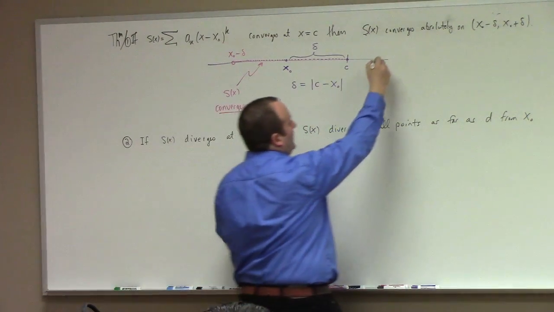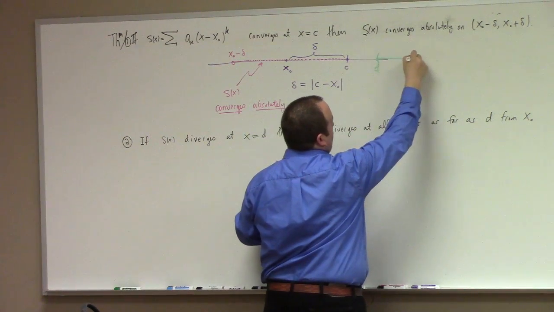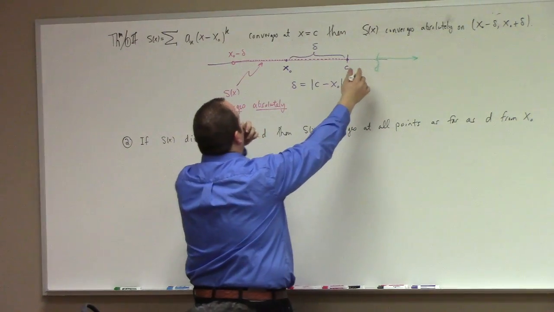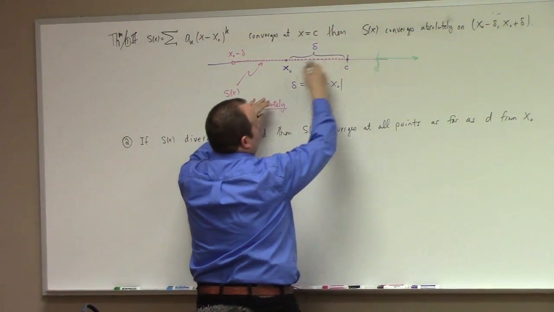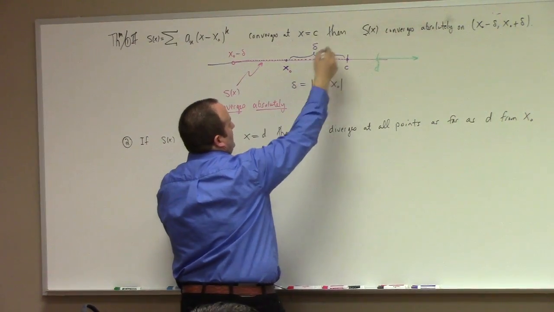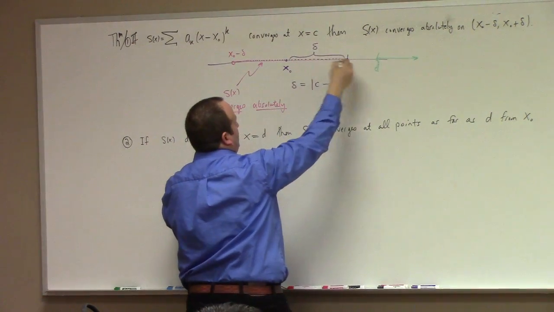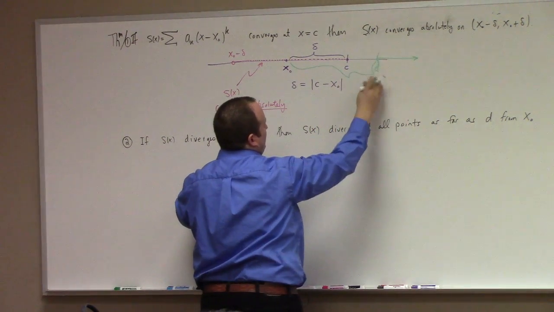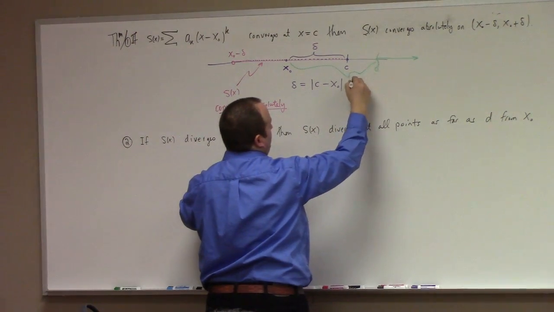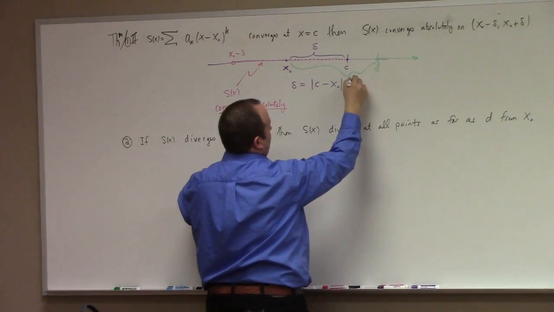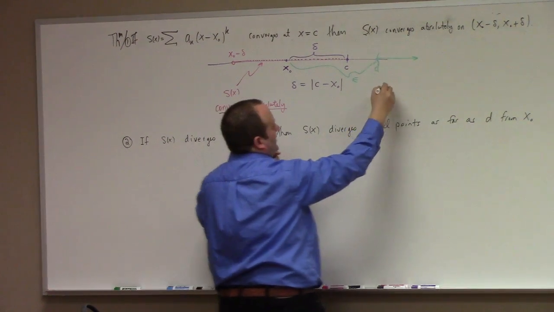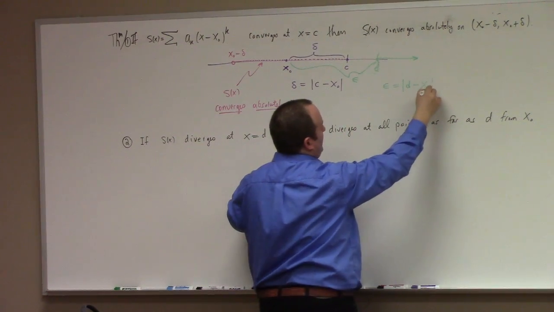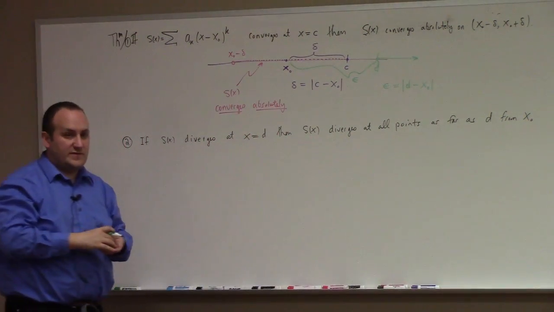So basically, if you draw rays from here out to infinity, and if that's d, then let's see, I need to fit in some other distance. I can't quite draw it. All right, let me try. Over to here, that's horrible. What do you want to call this distance? Let's say epsilon. Epsilon would be equal to the absolute value of d minus x naught, the distance from the point of divergence to the center point.